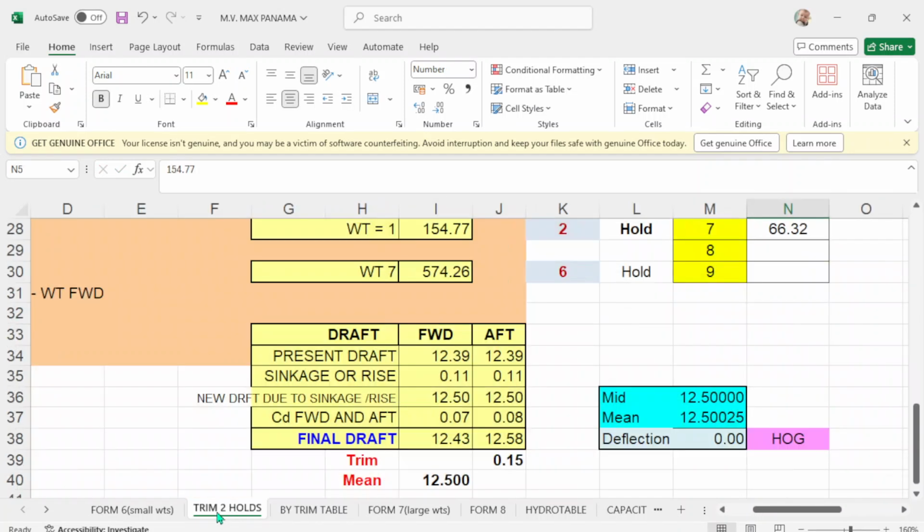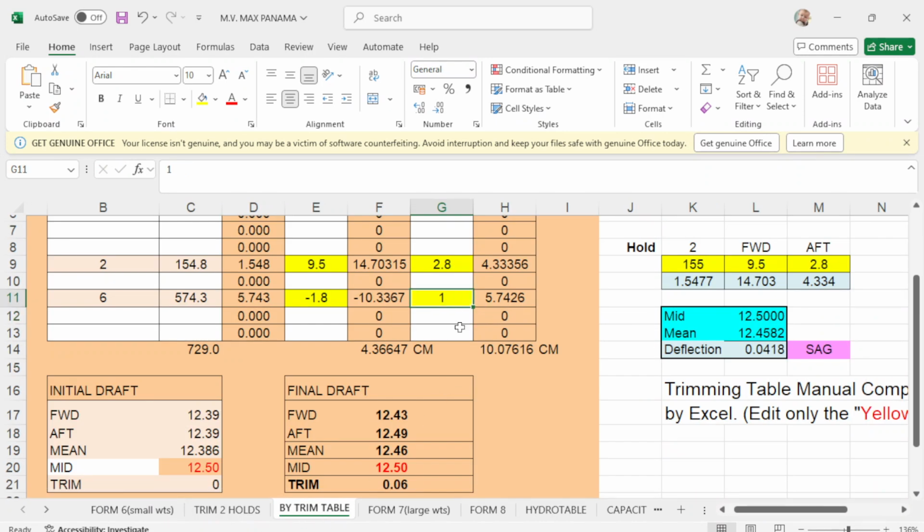It will be 8, okay? You put here 3. Put here 2.9.